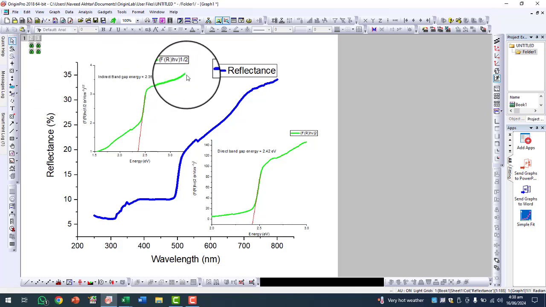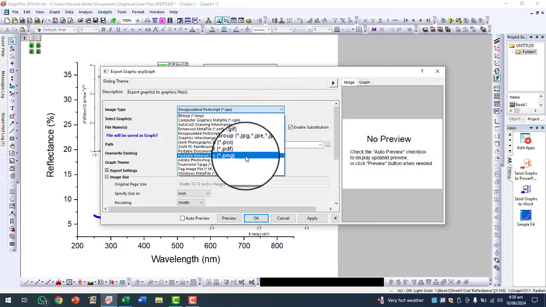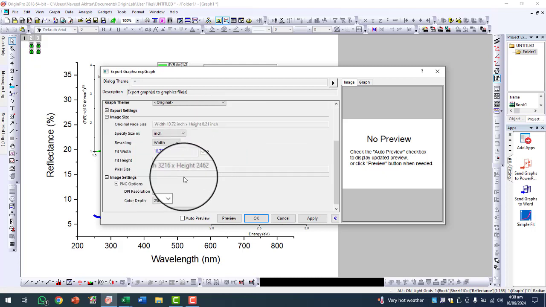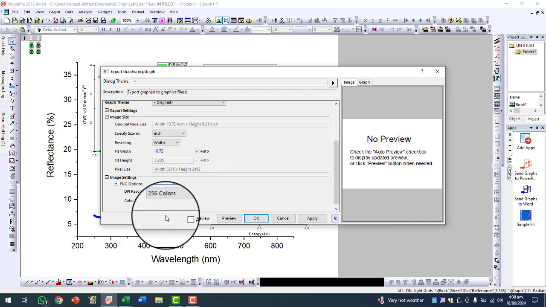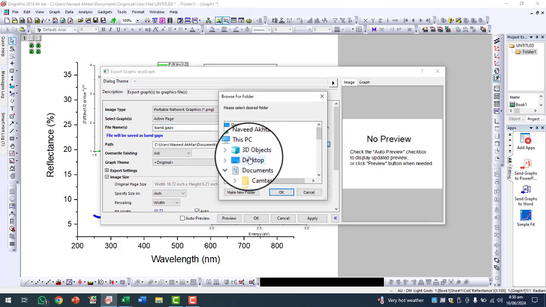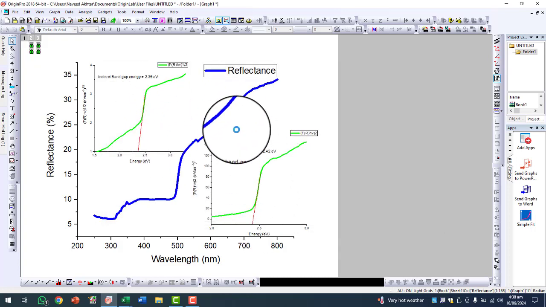I have to export it as an image, and I will select PNG, set the resolution, and the position where I want to save it is the desktop. So I will simply select the OK button.